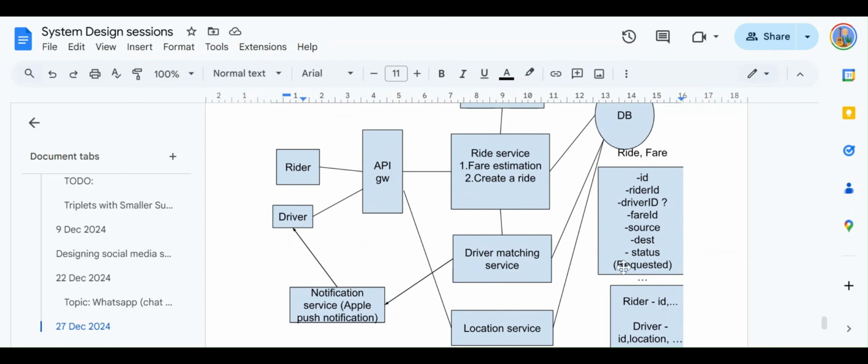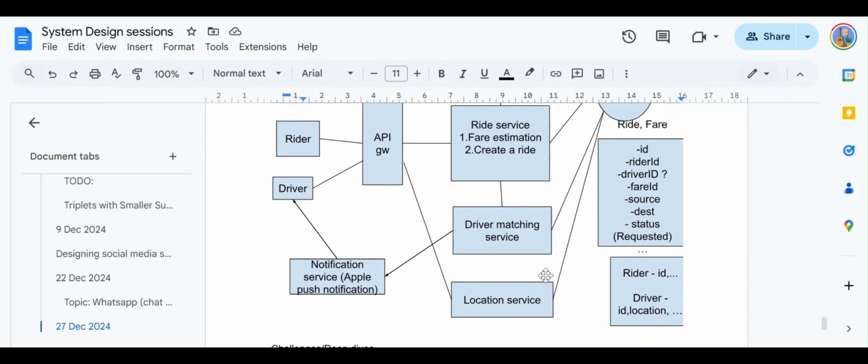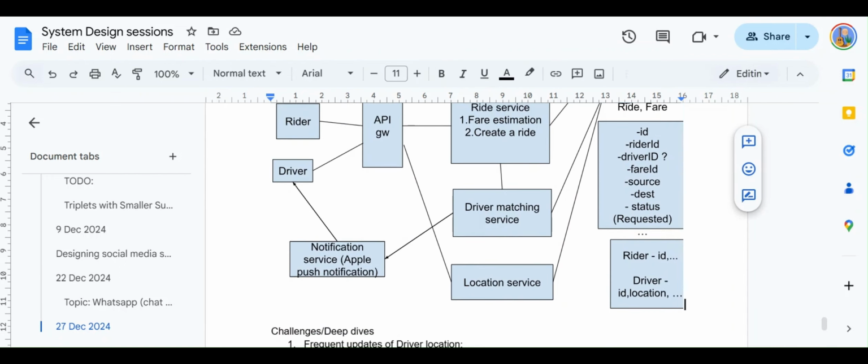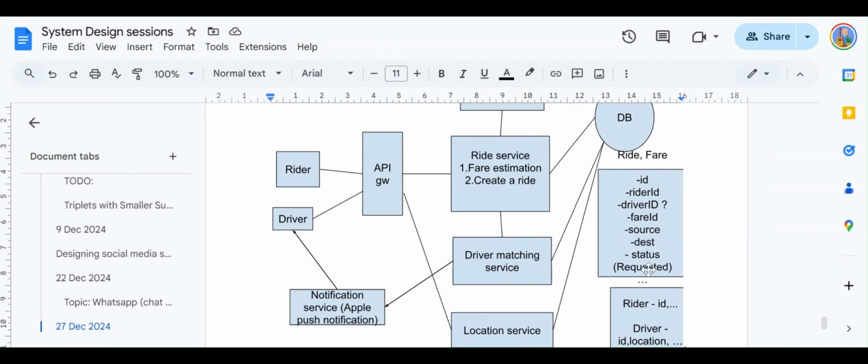There is no way that those drivers will get unlocked. So that's a bad design, because we have solved one problem, to keep the lock outside of the matching service, which is a good thing, but still the timer is with the matching service itself. So that's a problem with that design.